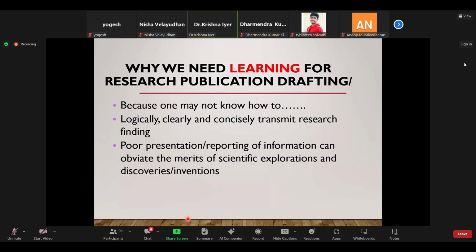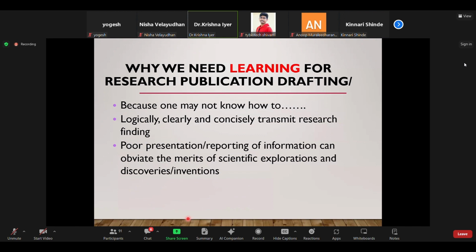Okay, but the other reason is many times we are good at writing, but we may not be good at writing things in a very logical, clear, and concise manner. And given the constraints of how many pages we are allowed to use as part of a research publication, or even considering the fact that many times publications require cost per page, you have to learn how to write logically, clearly, and very concisely, so that you don't waste